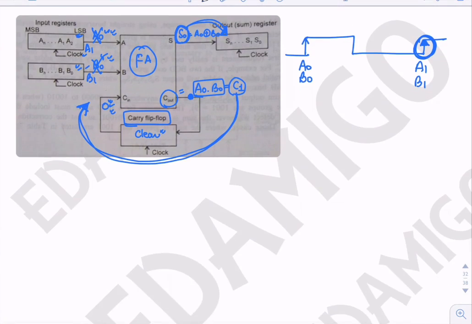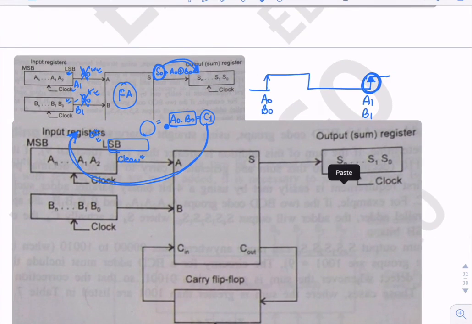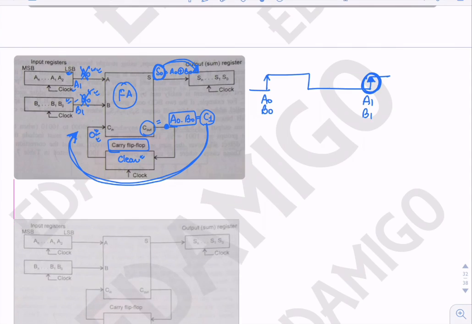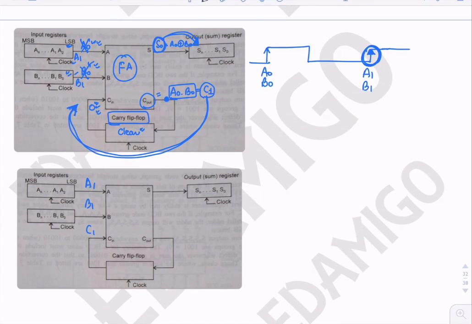Okay, so if I see the scenario, it is A1, B1, C1. Okay, now the full adder. So after this clock, the full adder starts working, and the full adder produces the output S1, that is equal to A1 XOR B1 XOR C1, and the carry output is produced, that is C2. Okay, now